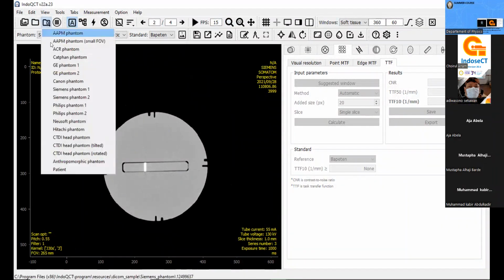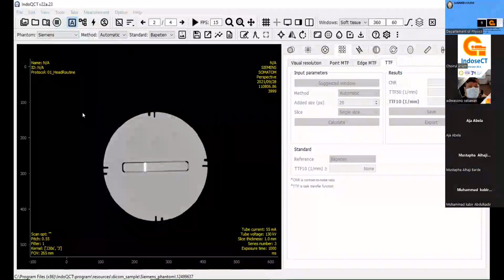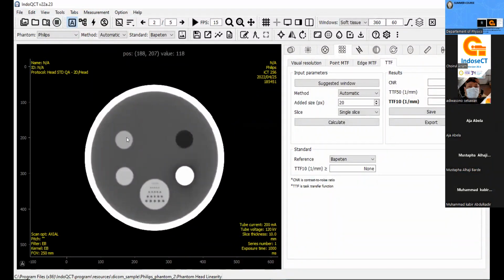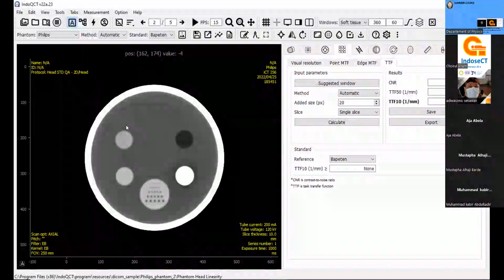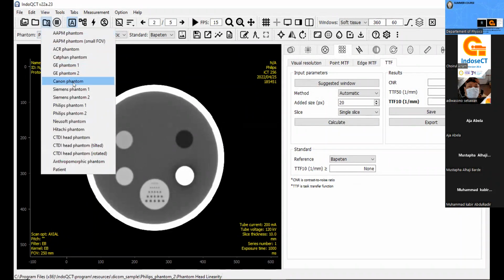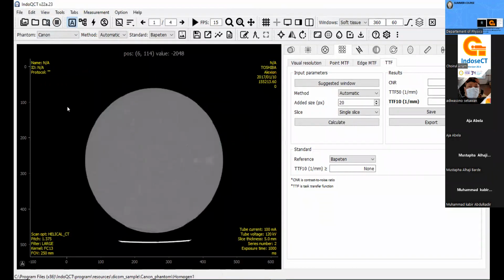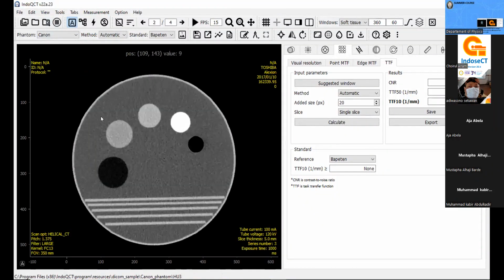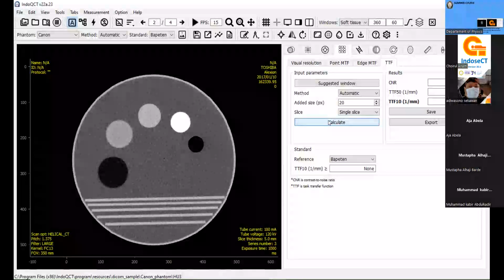For example, using the Philips, this one, we can see here, Philips has different objects. So we can measure the TTF from Philips. For example, again, Canon. Canon has different materials like this. So we can also measure TTF. And IndoQCT can automatically measure in this phantom. Okay, we will try together by clicking this calculate,